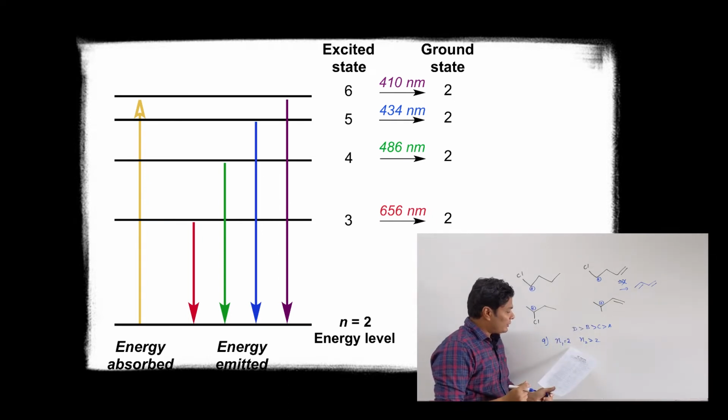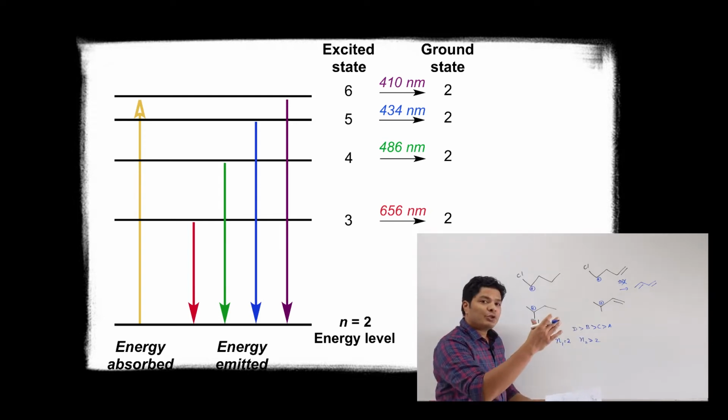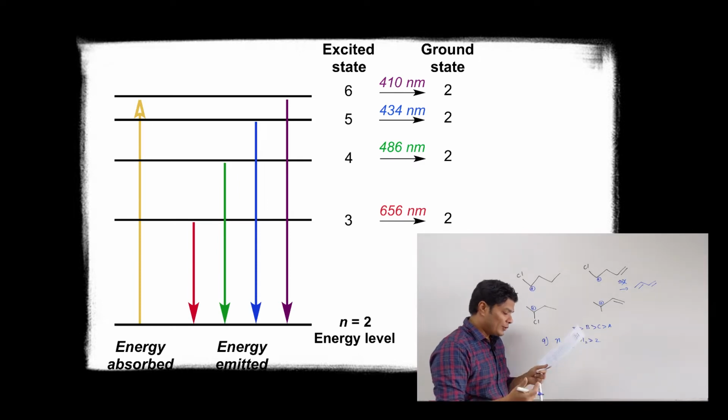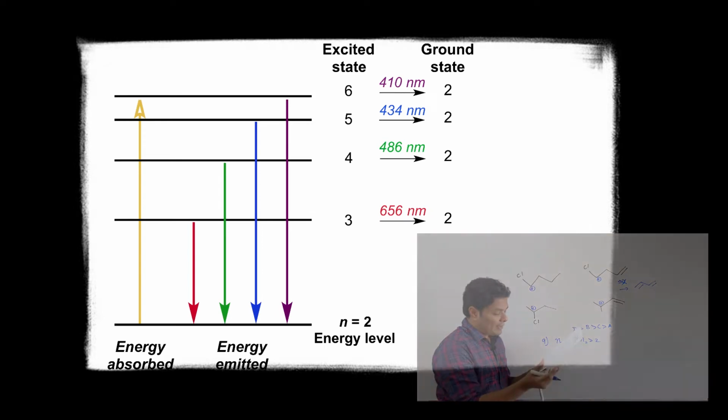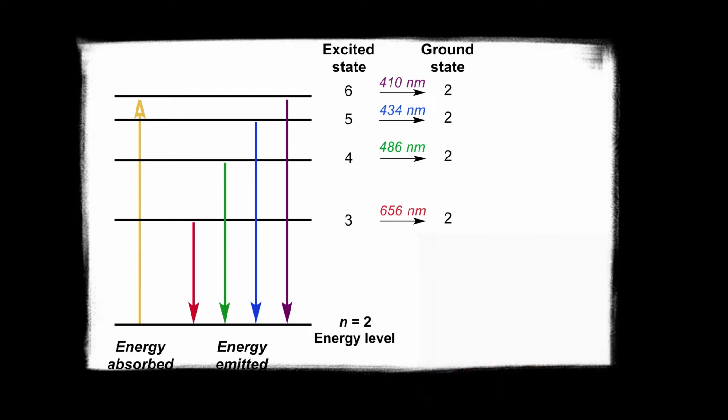The integer N1 equals 2. The line of the longest wavelength corresponds to N2 equals 3. That is also true. N2 is greater than 2 means the first number you can have is 3 till infinity. Now, longest wavelength means the lowest energy, and lowest energy is for N2 equals 3. That is also correct. So 1 is correct, 2 is correct, 3 is correct. Option is Charlie. Ionization energy of hydrogen cannot be calculated using these lines.